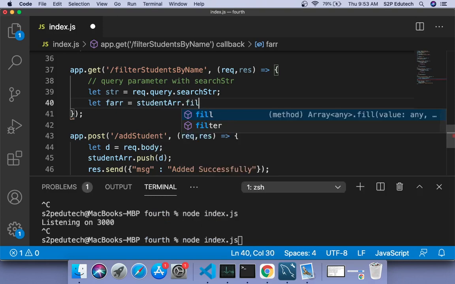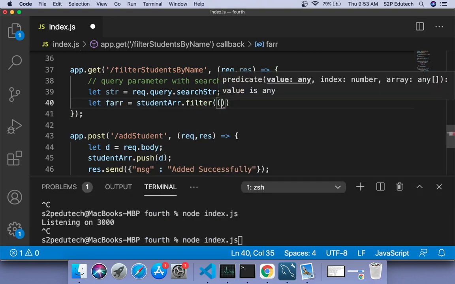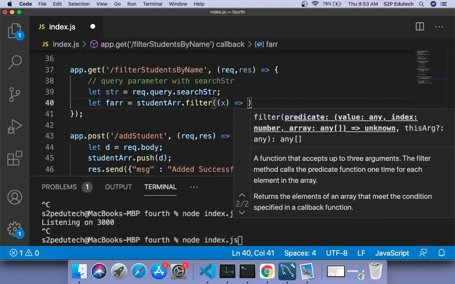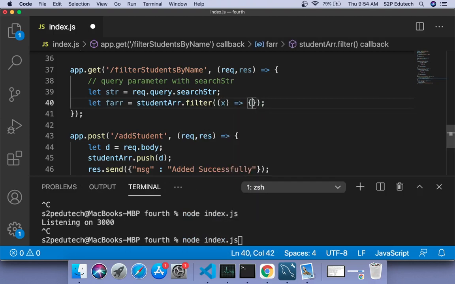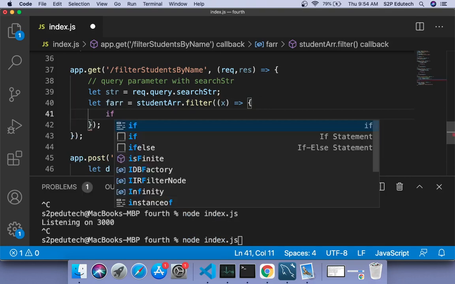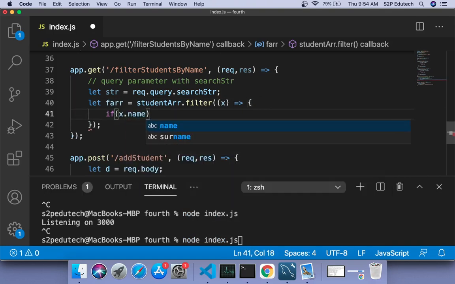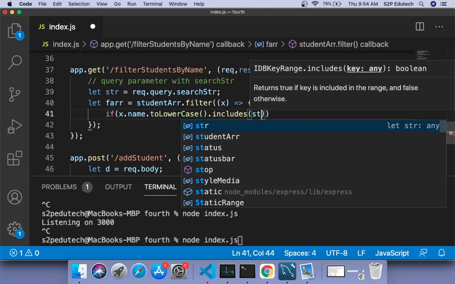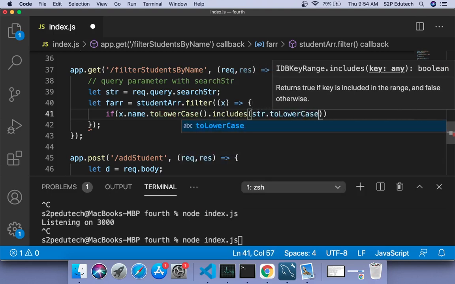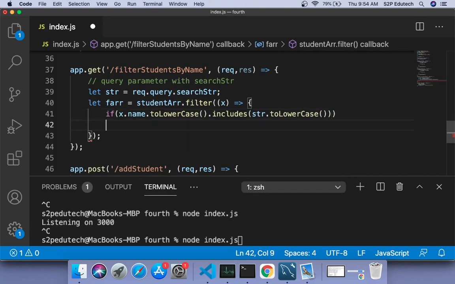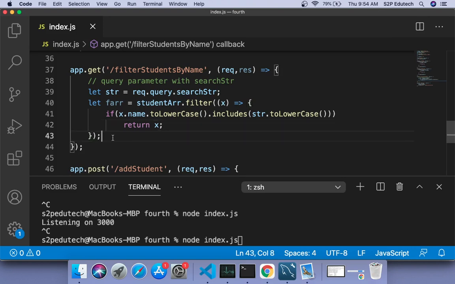So I would say FARR equals studentARR.filter. Now filter would take a single parameter here, right? And in this, what I am going to say is that if x.name.toLowerCase().includes(str.toLowerCase()), I would return x. Now I hope that you know what this is, and because we have implemented the filter